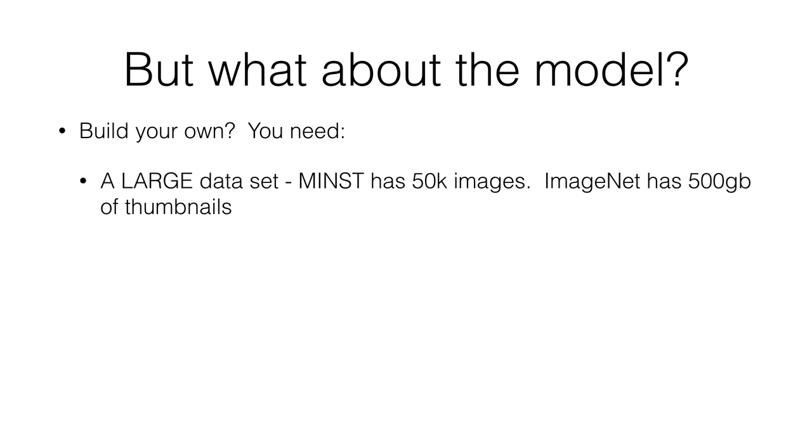There's an academic data set called MNIST, which consists of images of handwritten numbers, and it's often used in papers. People train up neural networks and various techniques to recognize numbers and tell them apart. And that has 50,000 images in it. Another academic data set is called ImageNet. A lot of people use it to do research training up image recognition networks, and that has 500 gigabytes of thumbnails. Just tiny, like 200 by 200 pixel thumbnails.